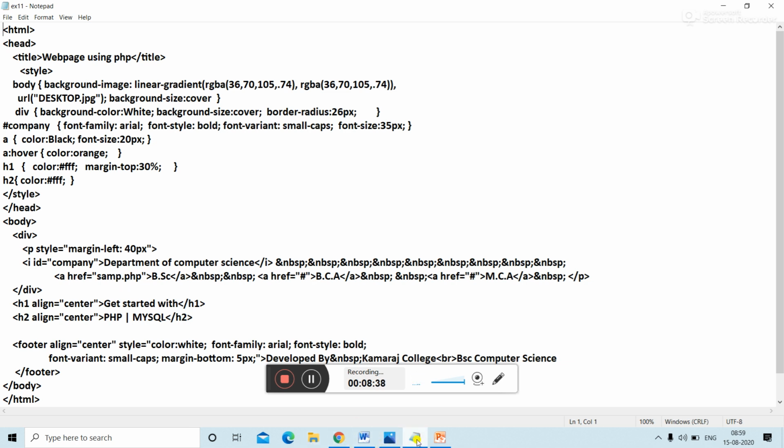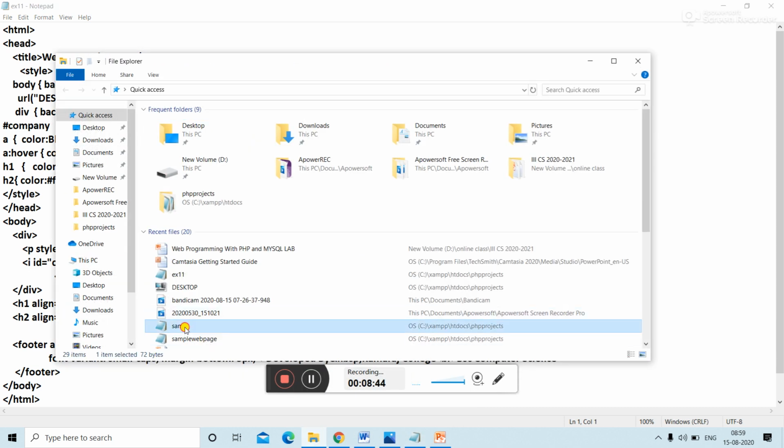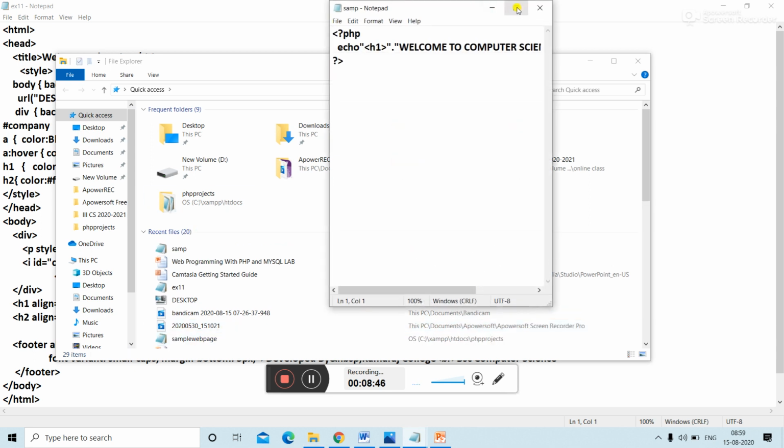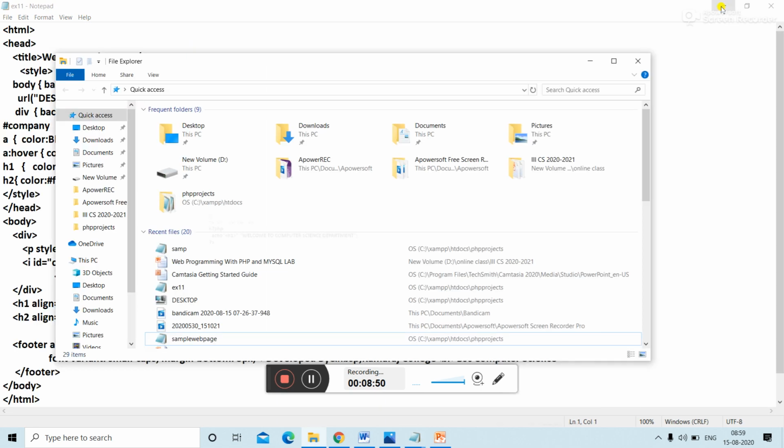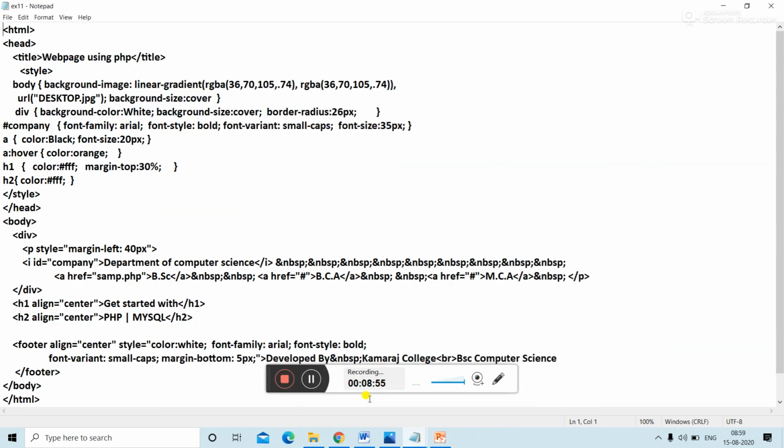In sample PHP, I have one single statement that displays the welcome to computer science department. So in the remaining links, I didn't give any reference. So I simply put a symbol.